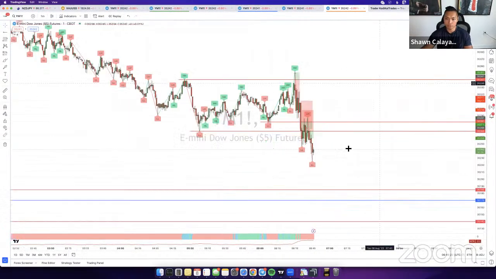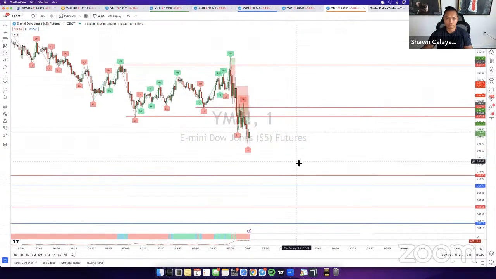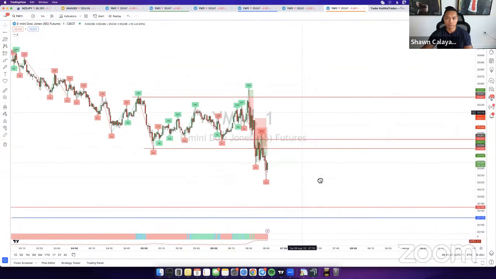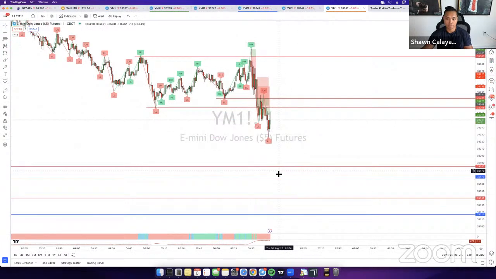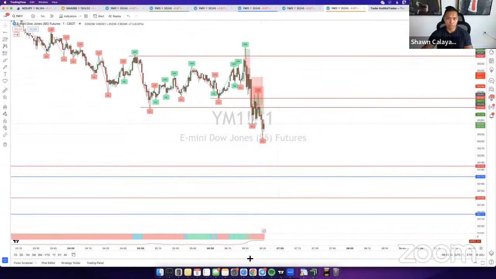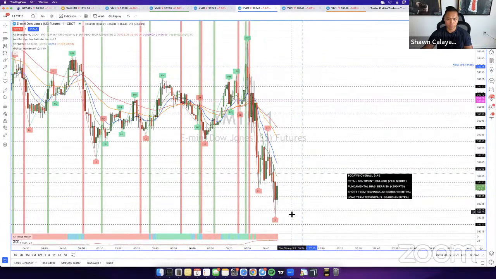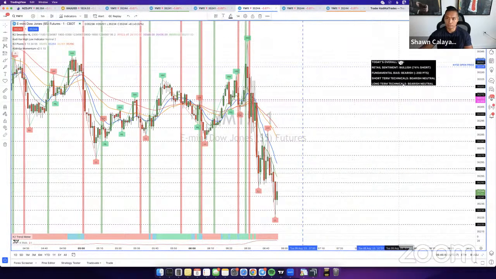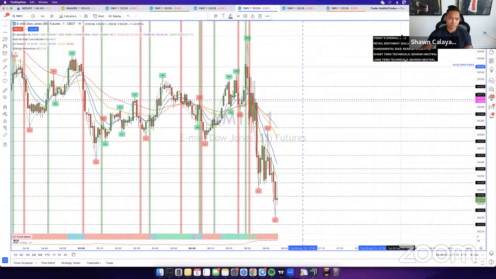Other than that, there's no other levels, actually, there's some more levels down here. It's not there yet, but it's getting there. If price continues to drop lower, this is going to be the next level of liquidity down here. And then you'll have some higher levels of liquidity down there as well. Other than that, I'm just looking for a buy signal here to come up so that we can start looking for a possible continuation back to the downside. And once we get that, we can start looking for a possible entry.